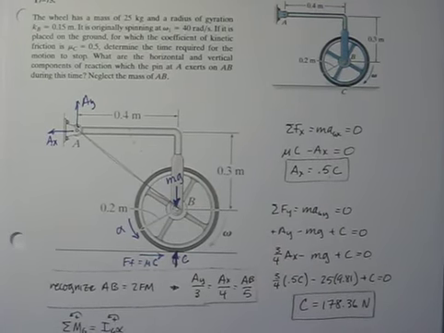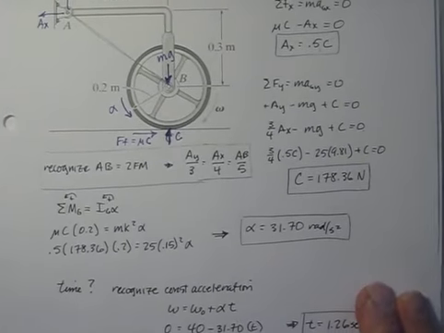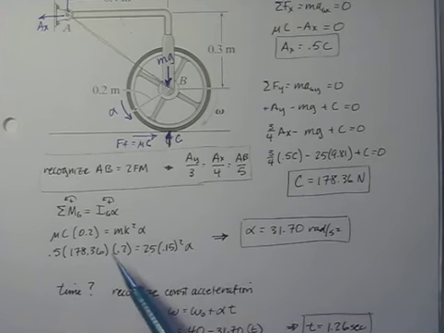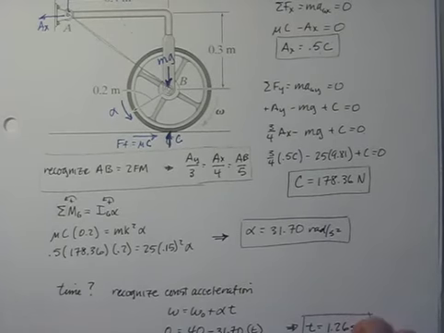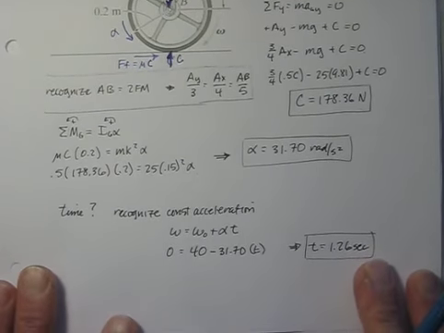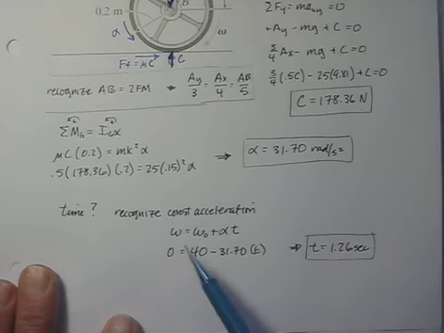So mass moment of inertia is mk squared, so I've just plugged that in. Mk squared alpha, and I can multiply all those things out and I get alpha is equal to 31.7 radians per second squared. Once I have my alpha, now I can go back and find out the time it takes to slow down. And again, we can recognize this as a constant acceleration scenario,